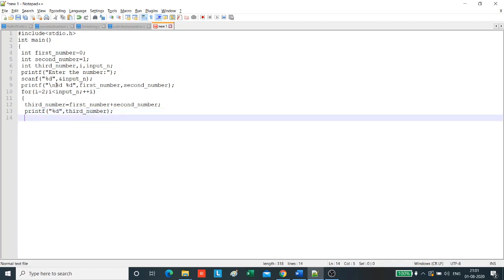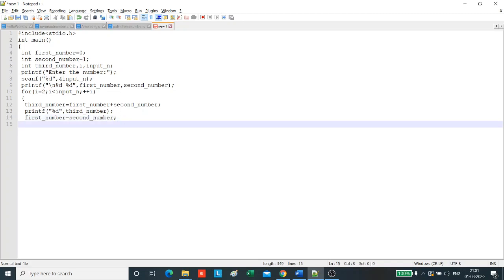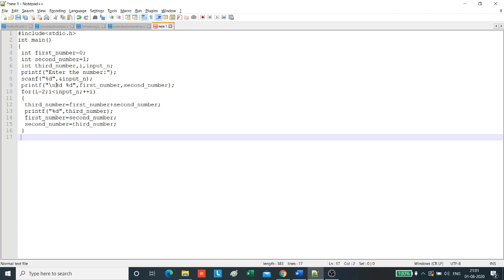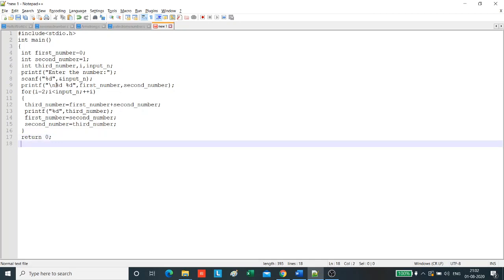Now, as I have explained in your algorithm, to the variable holding the first number, we assign the second number, and to the variable holding the second number we assign the third number that had been calculated earlier, and we close the for loop. So this loop will continue until i is less than the input number. We write the return statement, return 0, and we close the main function.